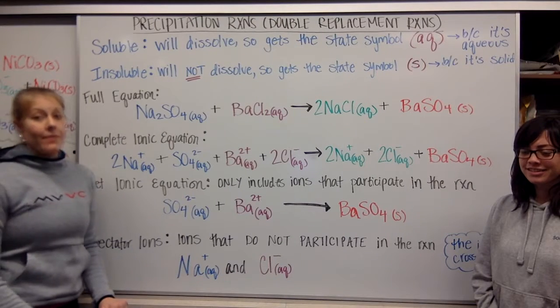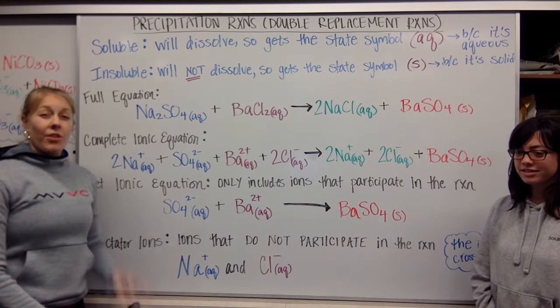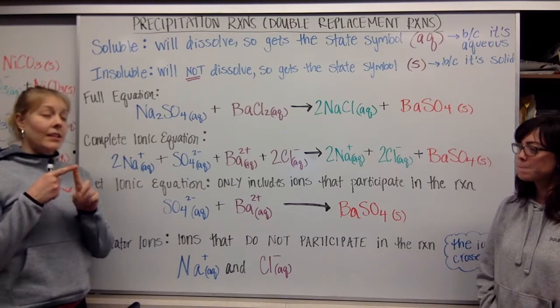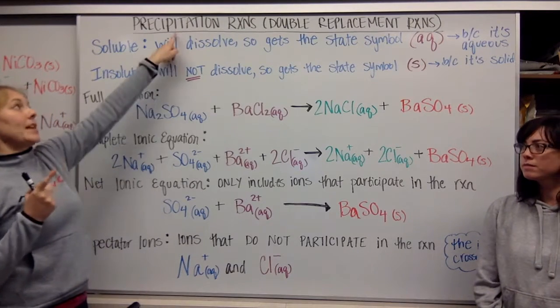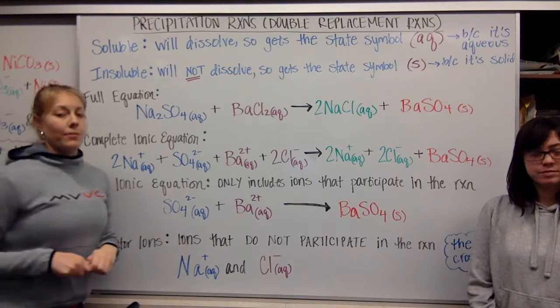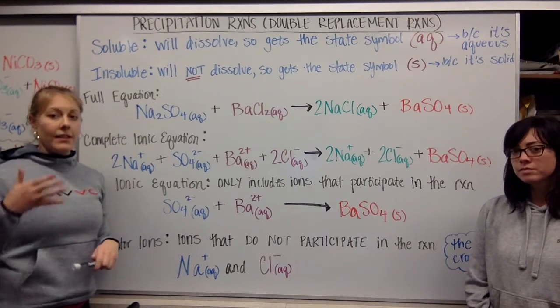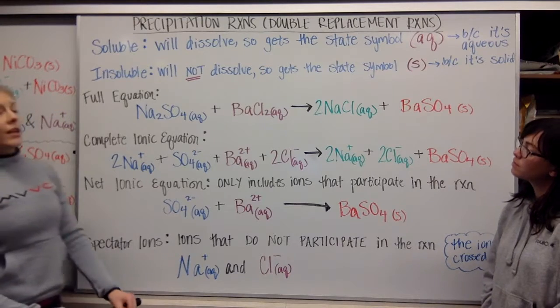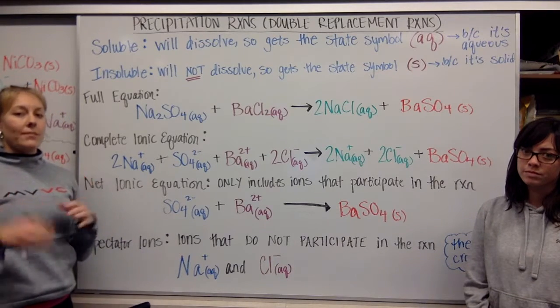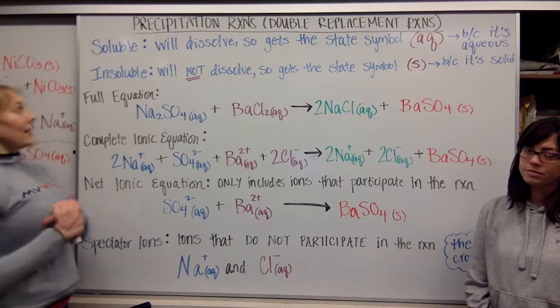The double replacement reaction. And remember that there were three types, one that forms a solid, a liquid, and a gas. Today we're specifically talking about precipitation reactions. So that's the double replacement where a solid is formed in the products, right? We're going to need to know a couple of things for our precipitation reactions, and that is, you probably